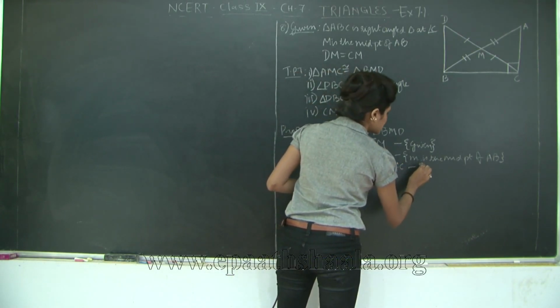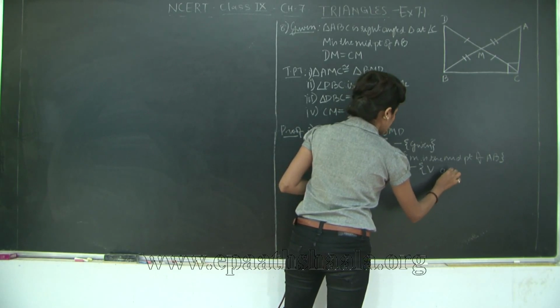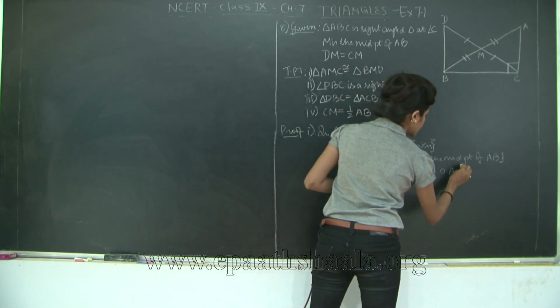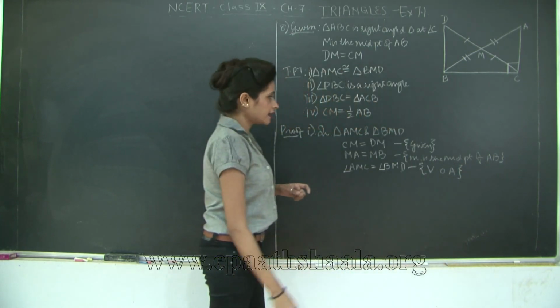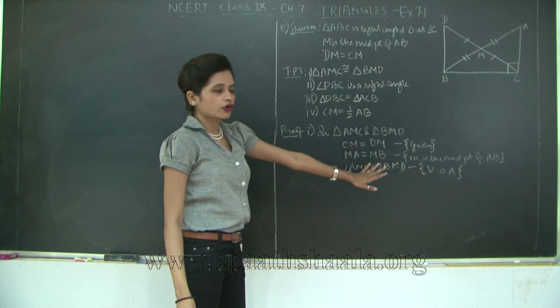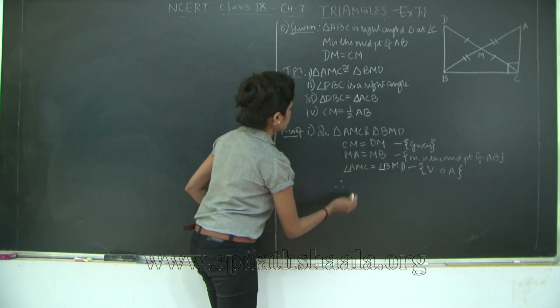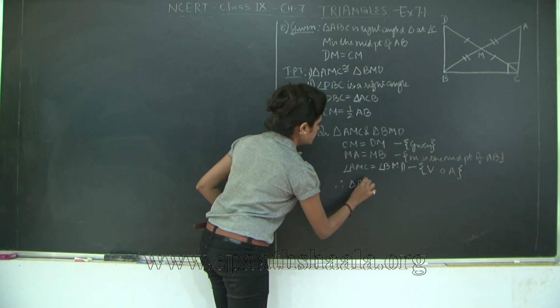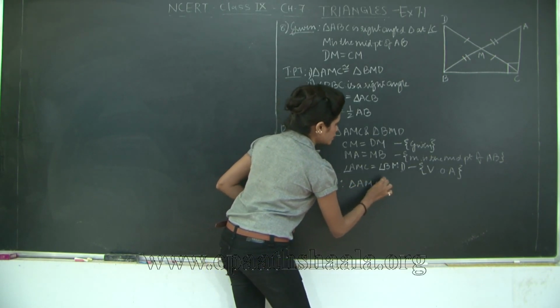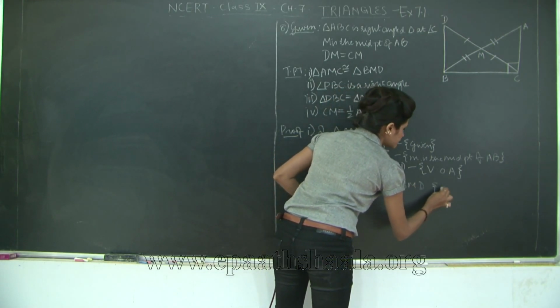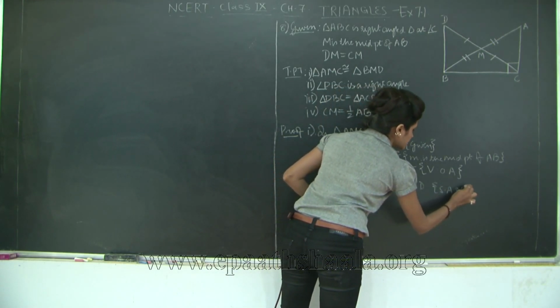So for this I will say vertically opposite angles, correct? Therefore, what can I say? That the two triangles are congruent by the SAS test of congruence. Therefore, triangle AMC is congruent to triangle BMD by SAS test,